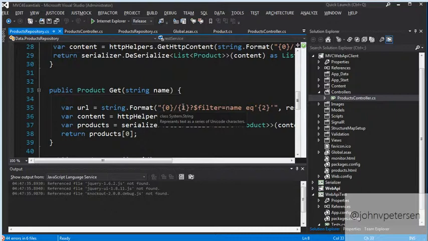So while within their own domain, within MVC and within the API itself, each handles its own serialization and deserialization, the communication from MVC to the Web API and from the Web API back to MVC, that serialization has to be managed by us. And that's where basically these helper methods in the product repository help out.